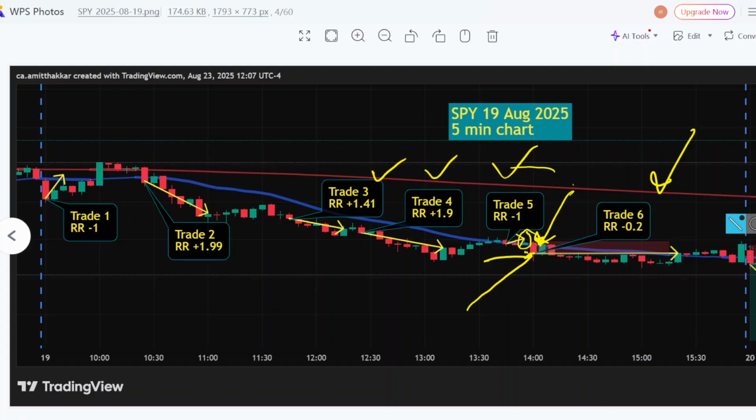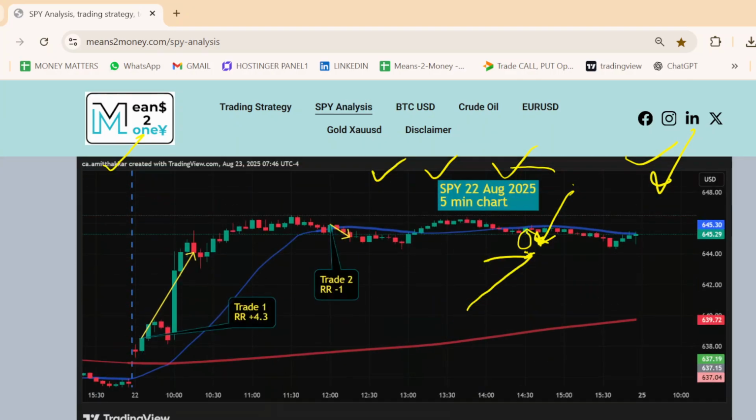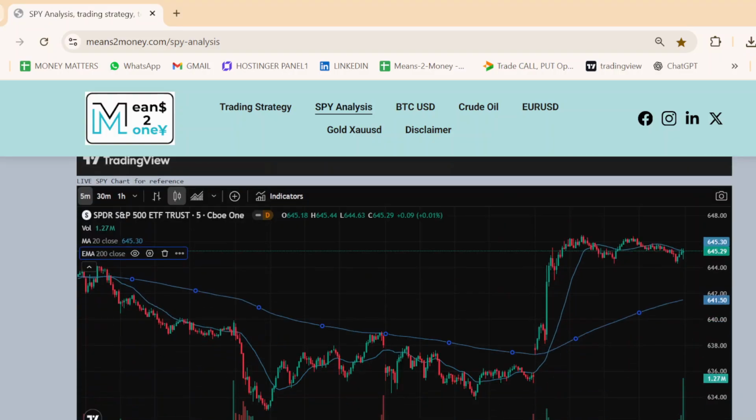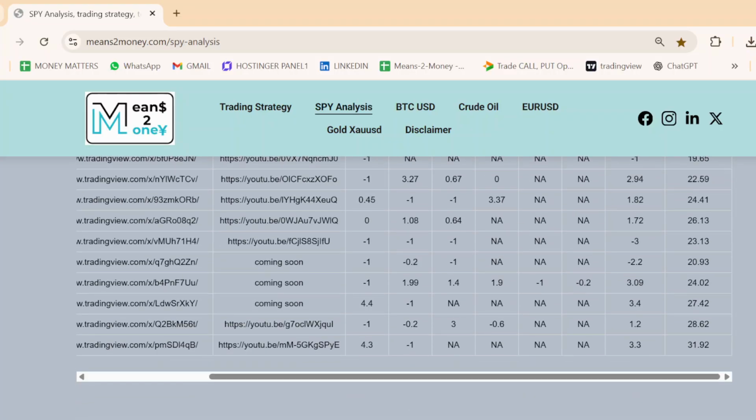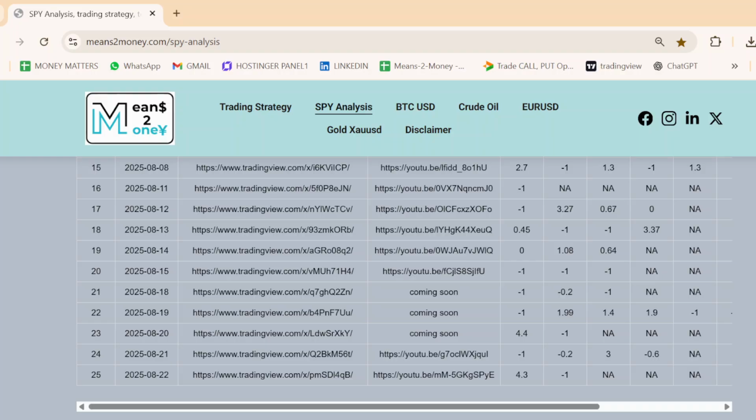So the trades have been updated. Trades 1, 2, 3, 4, 5, 6 have been updated on the website. I'll show you the link where it is showing. We go to means2money.com. On the second sheet, at the bottom of the page, there is a table. We are analyzing the 19th August trade, which is trade day number 22, 19th August 25. All these trade outcomes have been updated here. The net result of